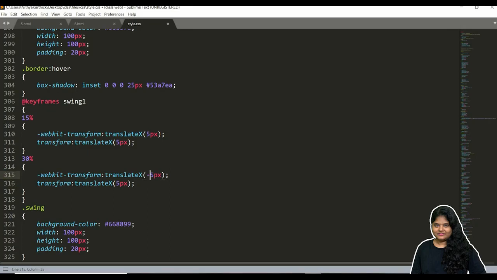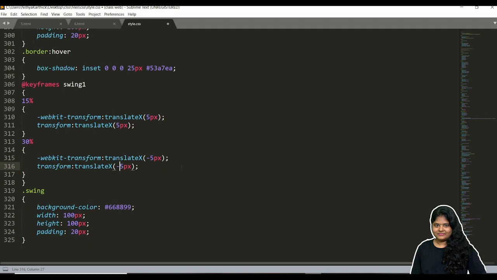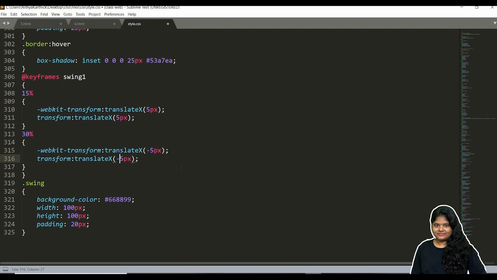In the previous step we moved 5 pixels on x. Now again we are returning to the same position, minus px. Swing means what? It will start in one position, go to another position, and again come back to the same position. The same thing we have done at 30%.